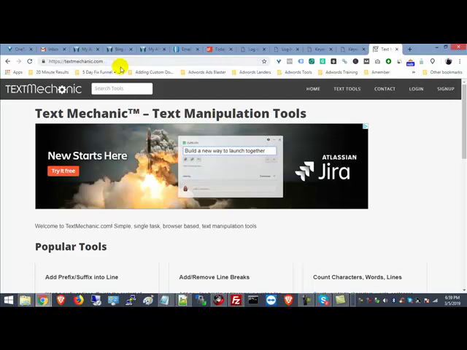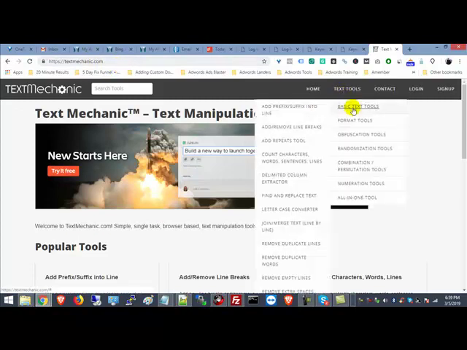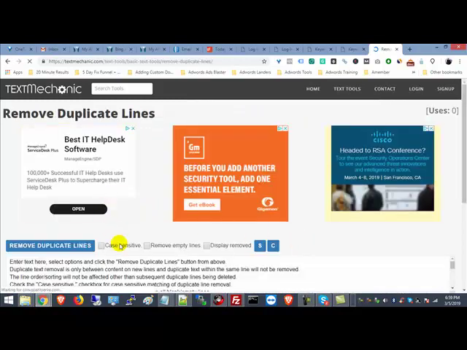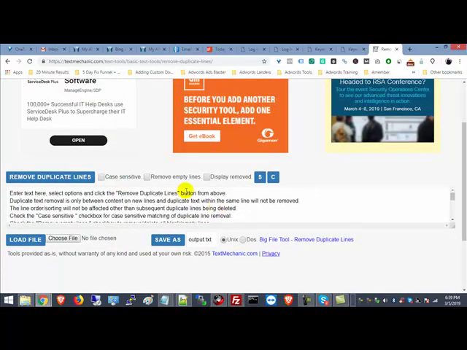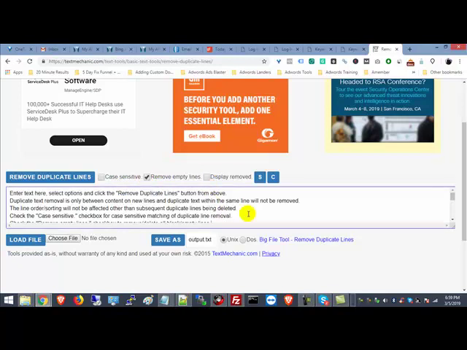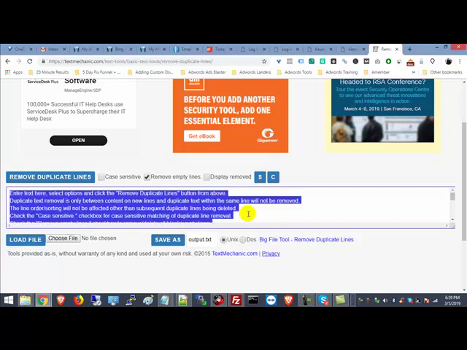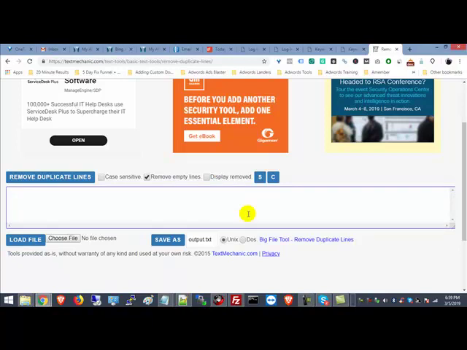Go to textmechanic.com, text tools, basic text tools, and what we want to do is remove duplicate lines. Alright, so we want to remove empty lines. I don't think we have any. And then we're just going to go Control A and delete all of that. Control V, and